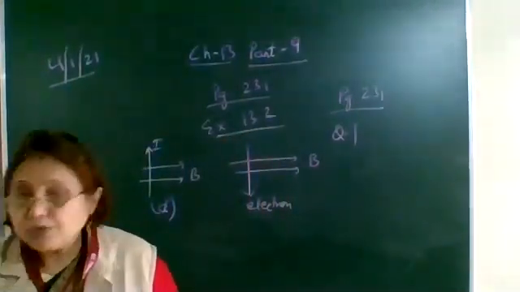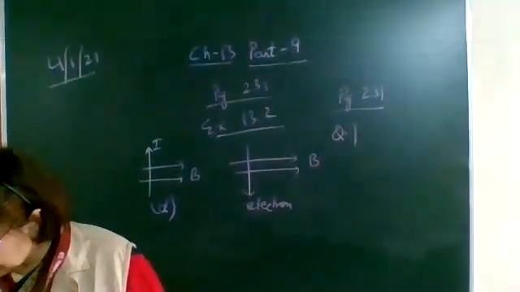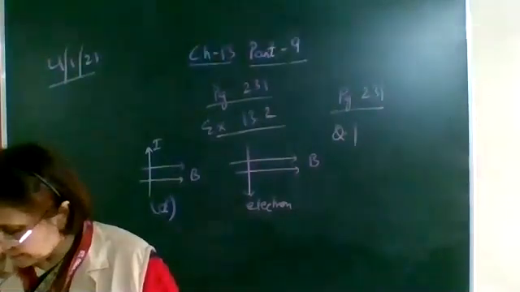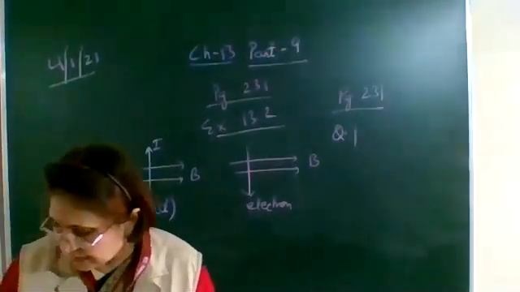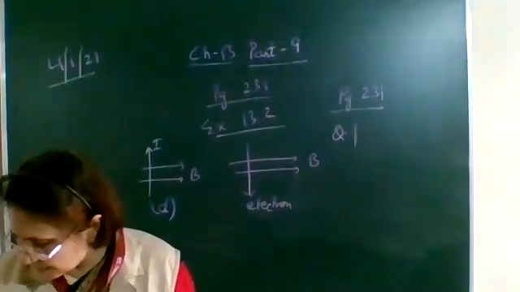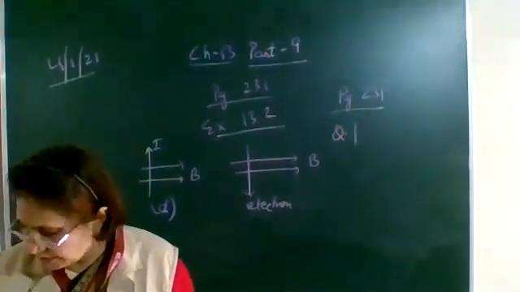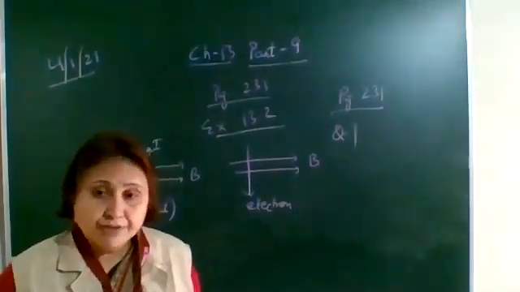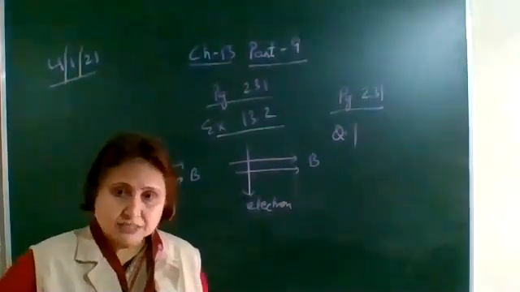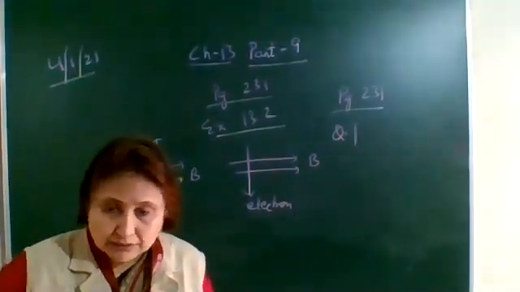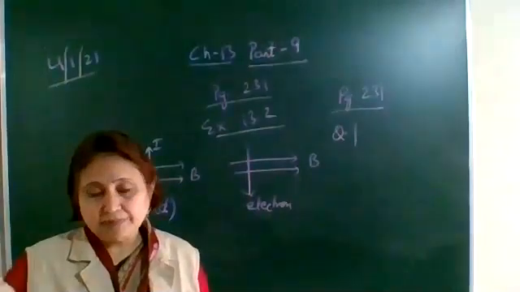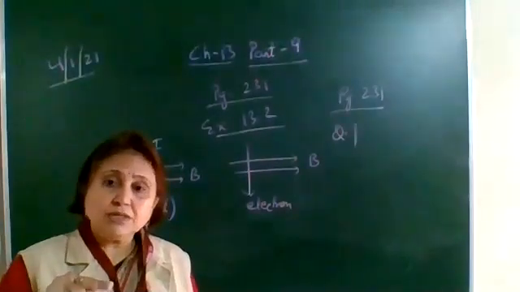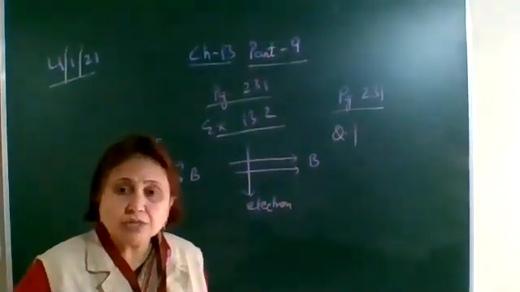Which of the following property of a proton can change while it moves freely in a magnetic field? There may be more than one correct answer. The options are mass, speed, velocity, momentum. Any charged particle when it enters into the magnetic field, its speed remains the same. Only the path of the charged particle changes. If it is entering perpendicular to the magnetic field, it will describe a circular path.